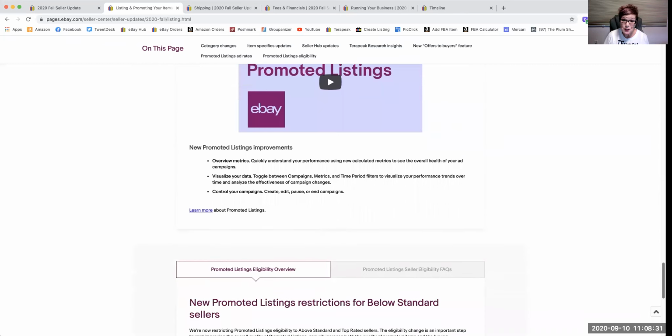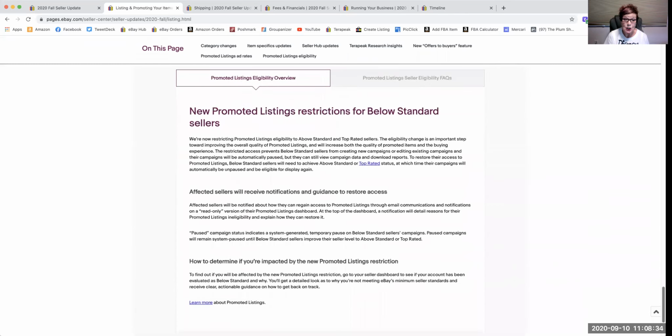What I found the most interesting about this is this: new promoted listings restrictions for below standard sellers. If you are a below standard seller, you will not be able to use promoted listings. I think it's a good thing. I think that top rated sellers and above standard sellers are sellers who work hard to get that distinction. I know that there have been cases where people have fallen below standard for maybe not great reasons. I think that eBay does give you time to correct those situations. Overall, I think it's a great thing that we're not going to be competing